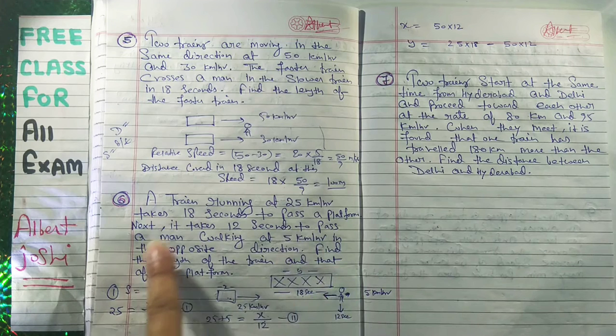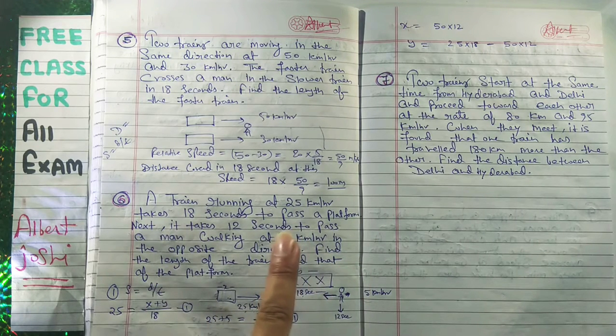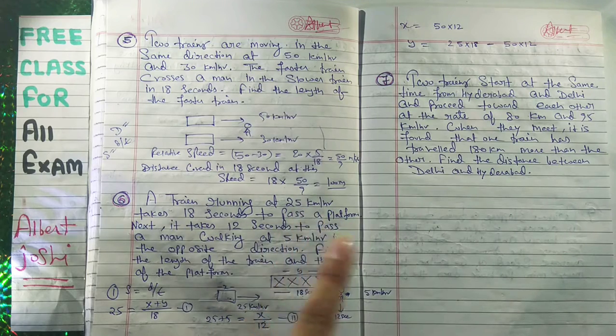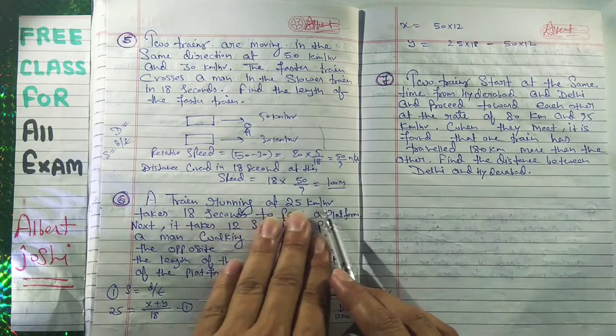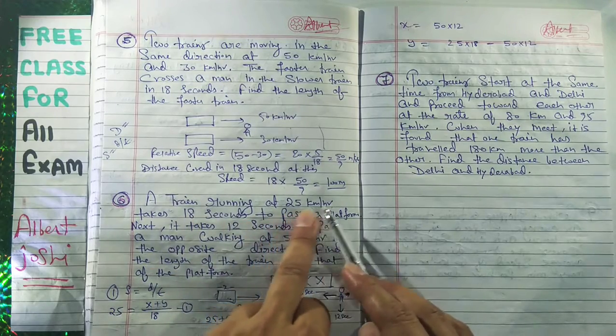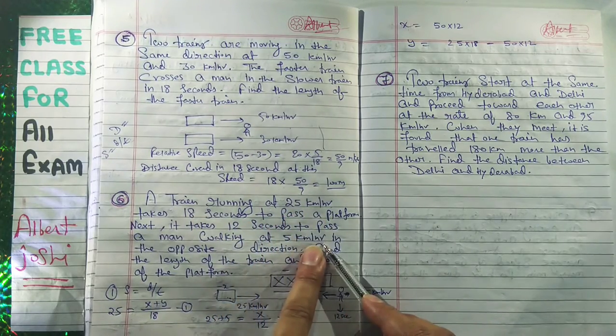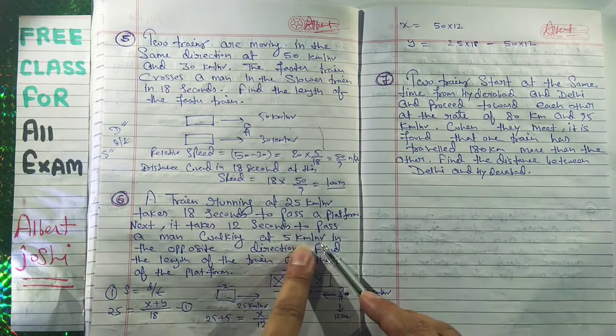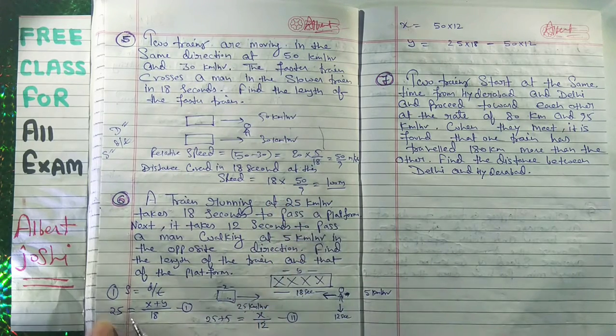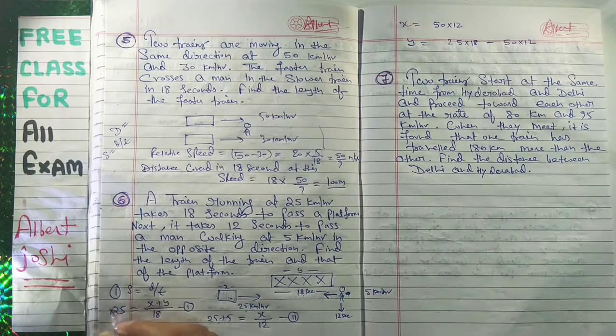And in this question we also have to check whether he has given us something in meters or something like that. I think there is no meter. You have to check this every time. He has given us 25 kilometer per hour. You have to think that this is kilometer per hour and that is also kilometer per hour, so it must be in meter per second. So you also have to solve this: 25 into, we have done something wrong, we have to multiply by 5 upon 18, because this is kilometer per hour but the time is in seconds. After then it will convert to meter per second. Similarly here also you have to multiply by 5 upon 18.